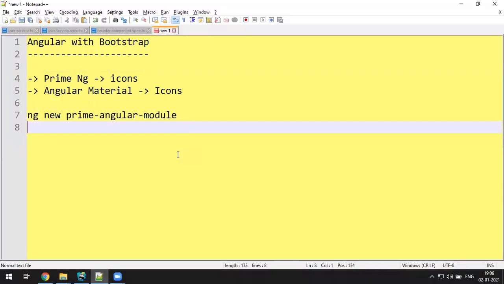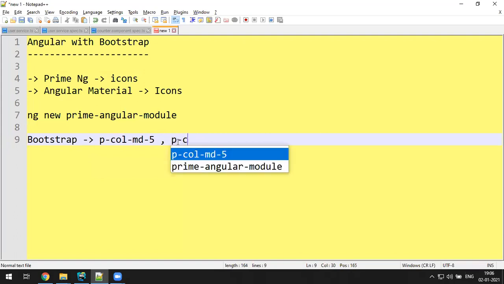Generally, what I observe is if you know Bootstrap, learning PrimeNG or Angular Material is easy, because in Bootstrap we have concepts like grid system, cards, input controls and all. In the grid system, generally you give classes like col-md-5, col-md-6. What they made is an extra class, p-col-md-5 or p-col-5 like that.